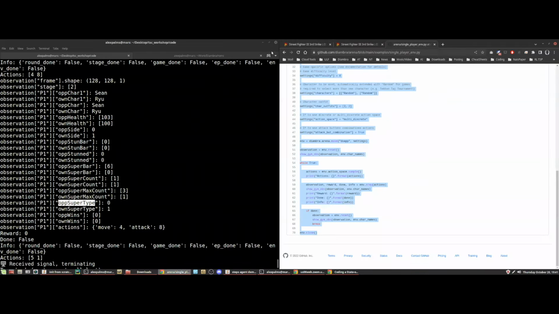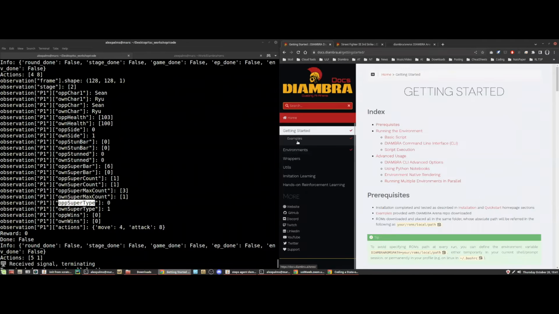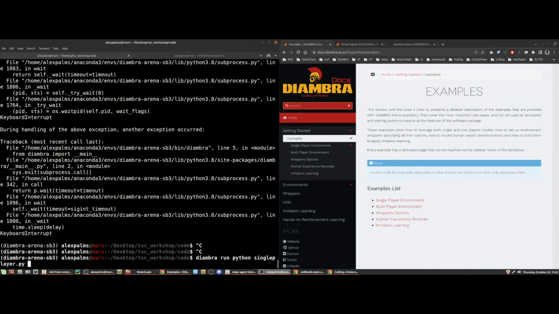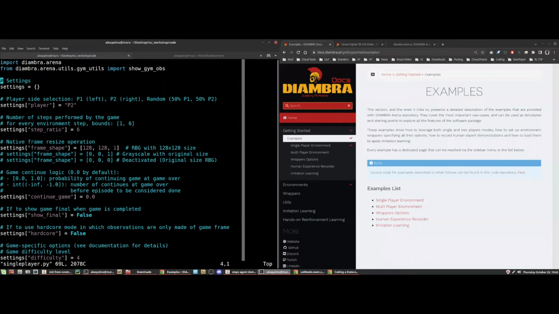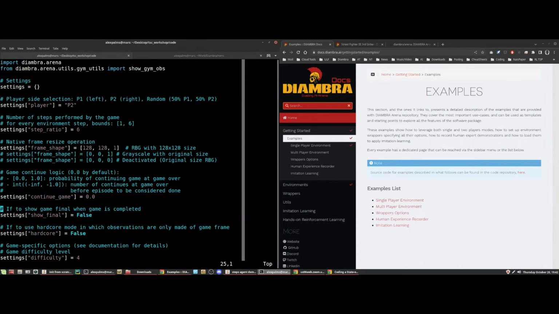Let me do an additional step, because together with those examples, you have the possibility to go and look at an additional set of examples for wrappers. So what are wrappers? As I said, you have to decide which observations you want to use to train your agent in your environments. Now, sometimes you just want to use the screen, and that's it. So in that case, you can do the following. You can say, you know what, I just need the screen, so I will set